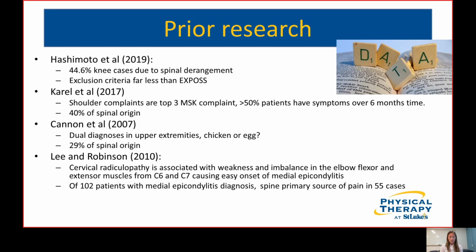Lee and Robinson looked at the elbow. They had over 100 cases, and they were looking at these patients with medial epicondyle pain over the course of 13 months. Patients were better after a month of treatment of the spine, after they had plateaued after being extensively treated for the medial epicondyle. So there was a drastic improvement in symptoms. These patients had just been kind of sitting there, plateauing, not getting better. Upon the change of their diagnosis, there was rapid improvement. And this happened in 54% of these cases. Of those 54% of those cases, 71% of those patients had been referred with bilateral medial epicondyle